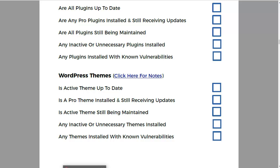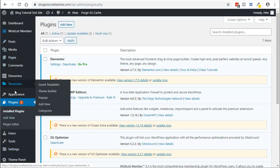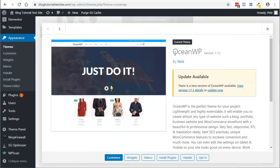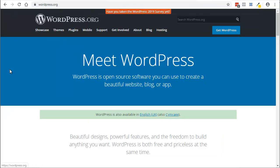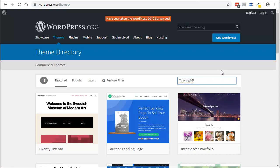Now this is slightly different than plugins. With plugins we can easily check the version and when it was last updated, like I showed you before. Whereas with themes, if we go to appearance, there's no link, so they don't have the same kind of thing. So what you may need to do is copy the theme name, go to the WordPress.org website, click on themes, and in the search box hit enter,